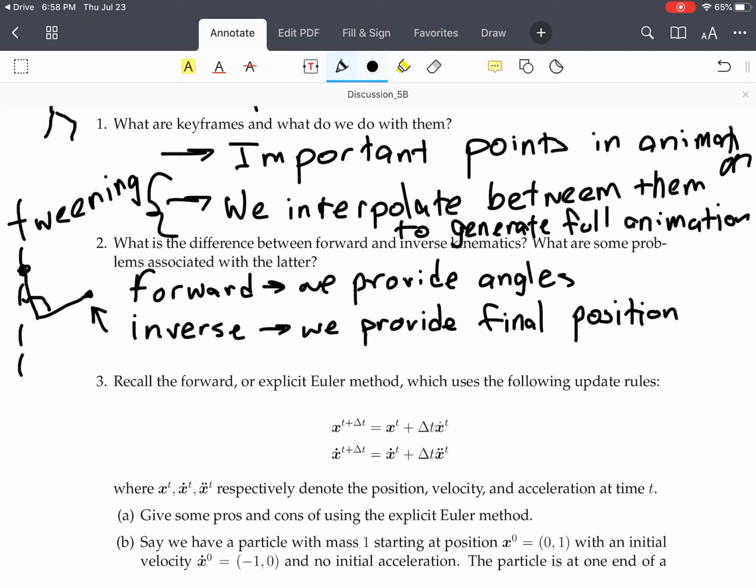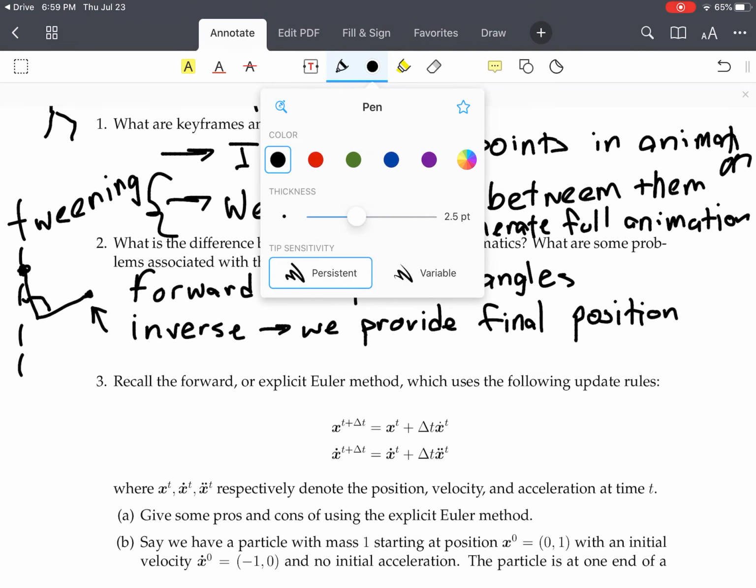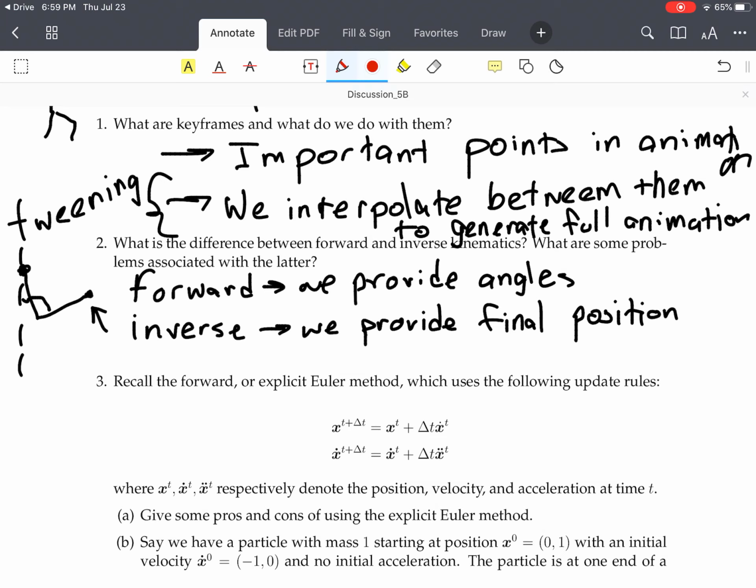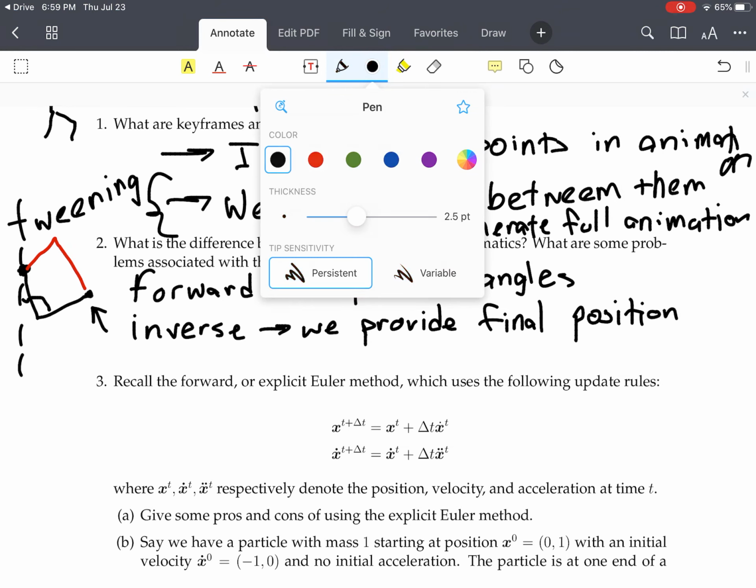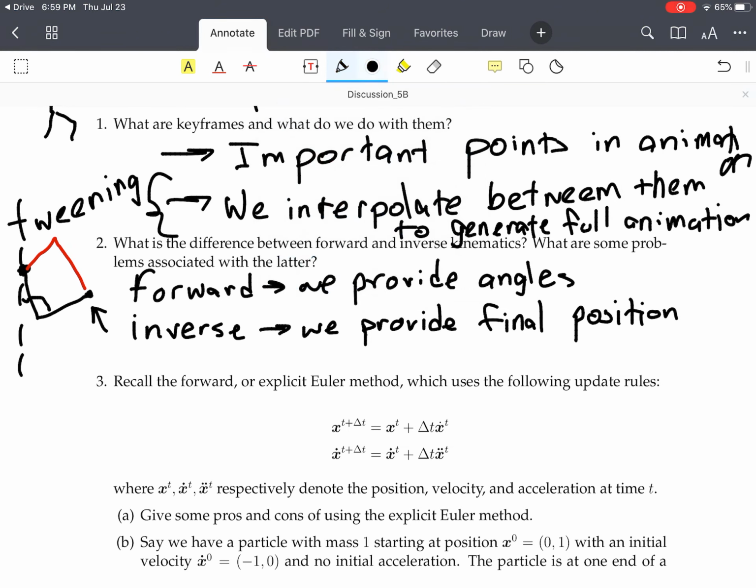So one of them is that for any final position, there's not necessarily just one way to get there, right? So in this case, let's say I'd given it this final position. Here, I'll switch to red. Well, we could have also done, maybe the shoulder was there and then the elbow was there, right? And so it's the same final position, but with different angles for the shoulder and the elbow. So basically there's multiple possible solutions. And one might be better than the other, but the computer doesn't necessarily have any way of telling that. So it's just going to give us one solution, and that may not necessarily be the solution that we want,